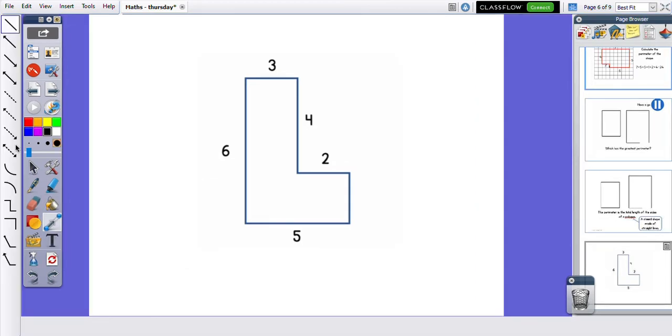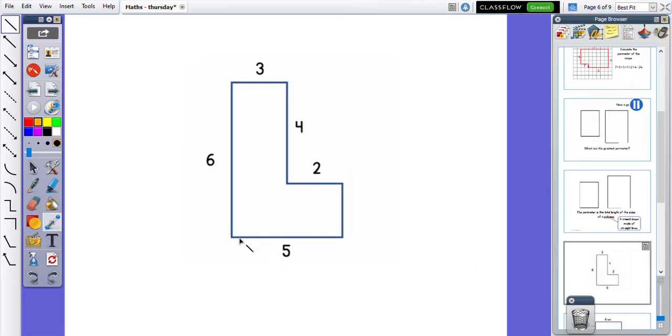So let's start with this line first. We've got this shape here, this line, okay? And this 5 is the same length as this line and this line added together. So you can see that the length of this is 3 and the length of this is 2. And if we added those together, it would give us 5, okay? So we can use that knowledge to help us work out what this line here